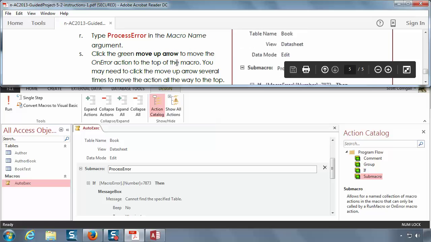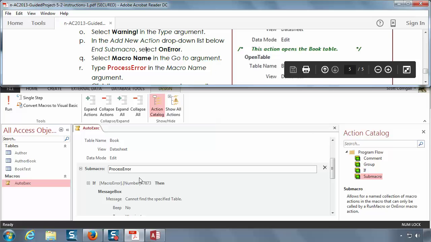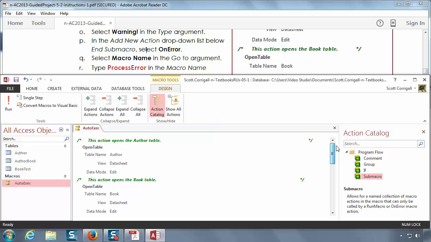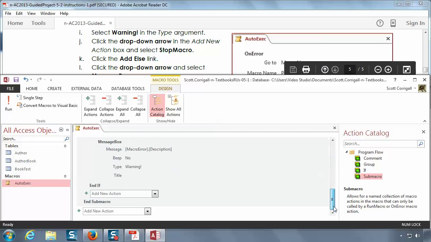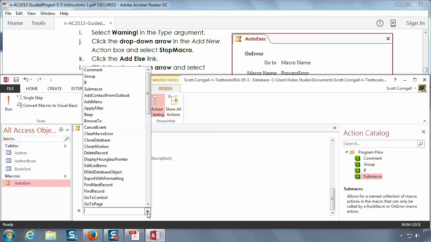It's just like the steps that we've had before. We're going to add a new action, and you'll see that's always at the bottom. There's no add action up at the top where we want to put it. See, here's where we want it to end up at the top, on error. There's no option up here to do that. So what you do is you go down to the bottom, you say add new action at the very, very bottom of the list. What's the action? We're going to go to